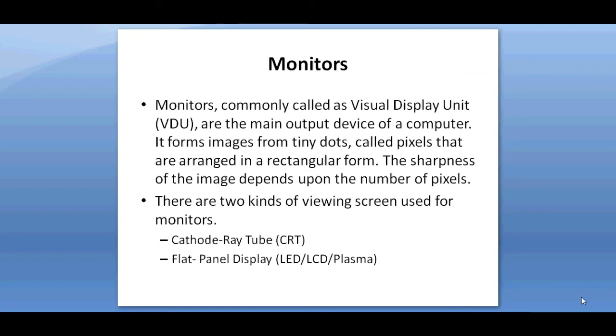The flat panel display is divided into two categories. First, emissive display. Emissive displays are devices that convert electrical energy into light. For example, plasma panel and LED. LED stands for light emitting diodes. Second category is non-emissive displays. Non-emissive displays use optical effects to convert sunlight or light from some other source into graphic patterns. For example, LCD, which stands for liquid crystal display.